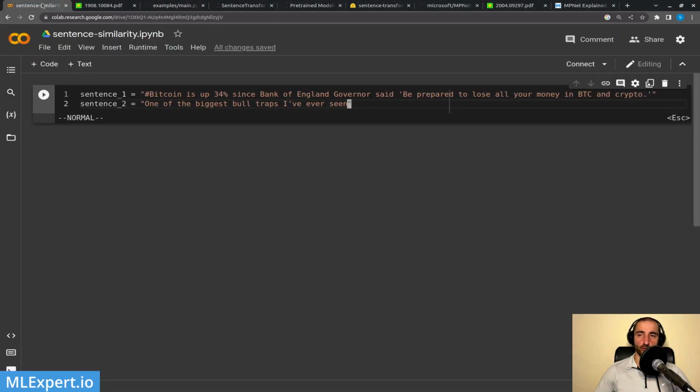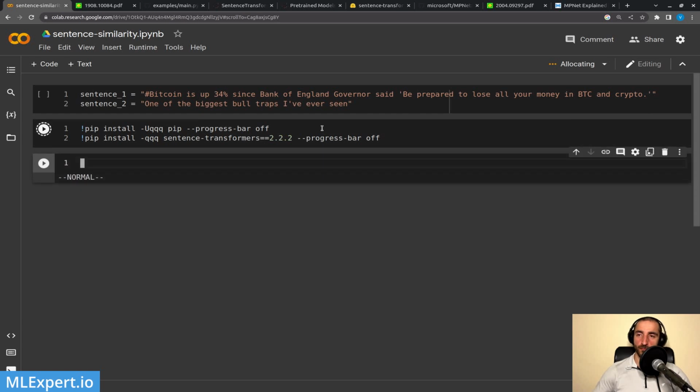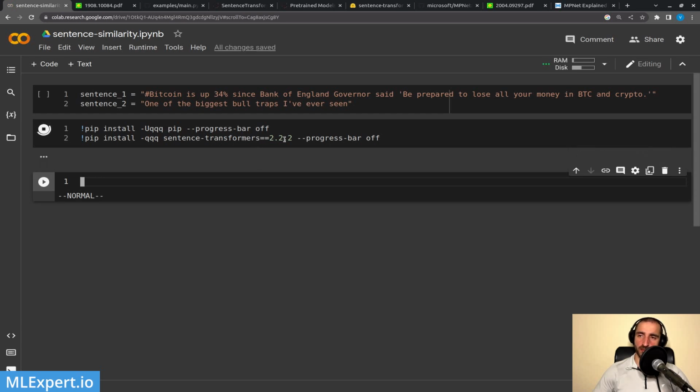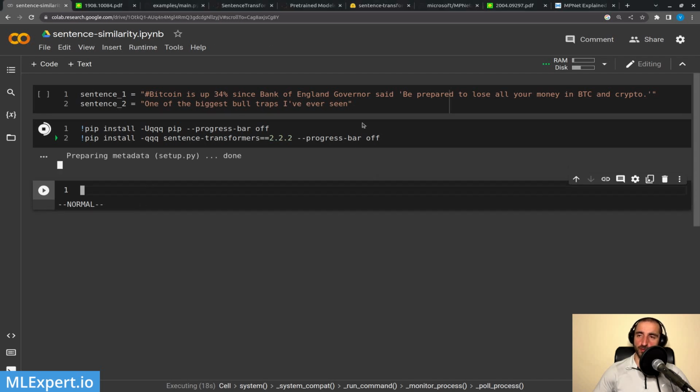So let's start with the notebook. And these are the sentences that we were interested in initially. So the first thing that I'm going to do is install the sentence transformers library. As you can see, I'm just in case upgrading pip, and this is the latest version of sentence transformers, 2.2.2. There is ongoing development at least at the current time, and there might be newer versions that are just around the block, if you will. But at least for now, I'm going to stay with the latest